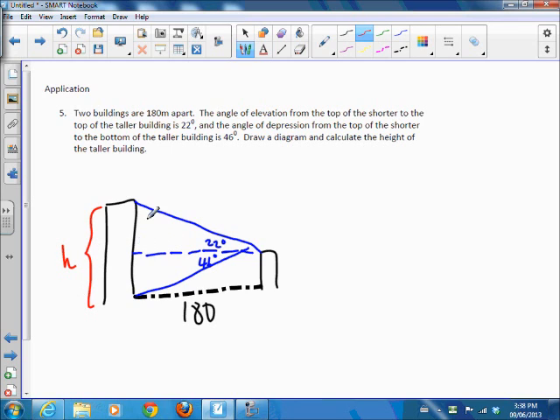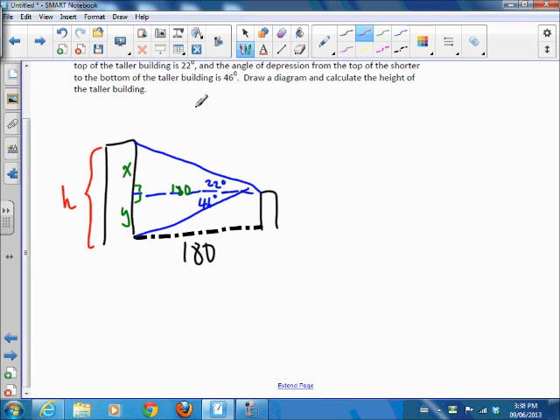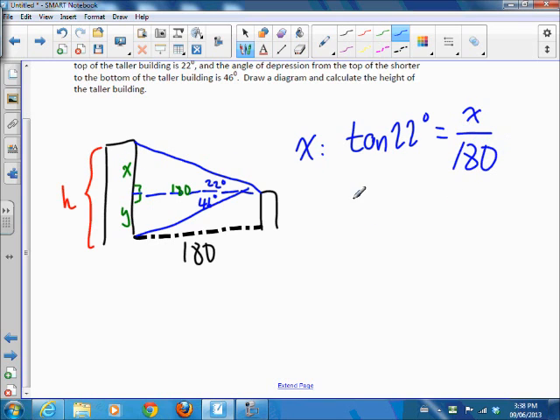Now, I've got two right angle triangles here. Right? 1, 2. So I'm going to call this length X and this length Y. And I actually know that this is 180, right? Because that horizontal distance is 180. So since I've got right angle triangles, I can use SOHCAHTOA and figure out X right away. So X, I can say that tan 22 is opposite over adjacent. And then cross multiplying, I get the fact that X is 72.72